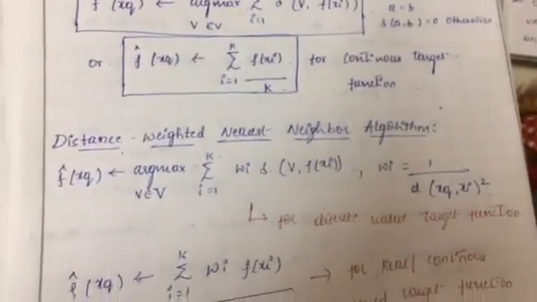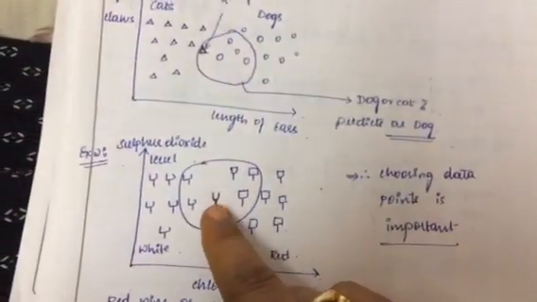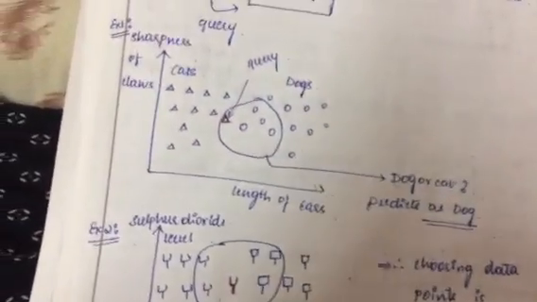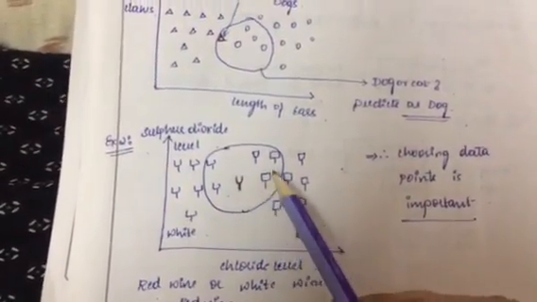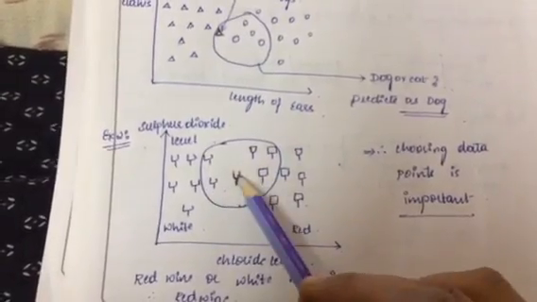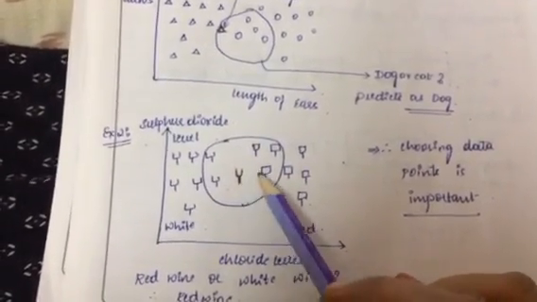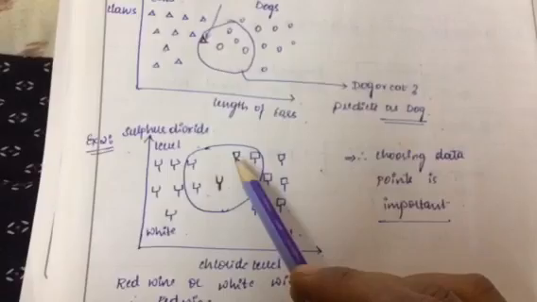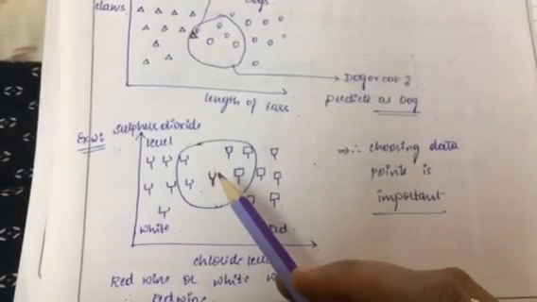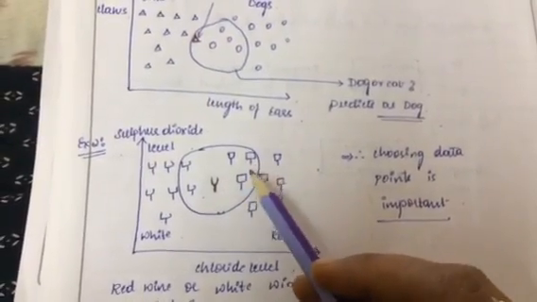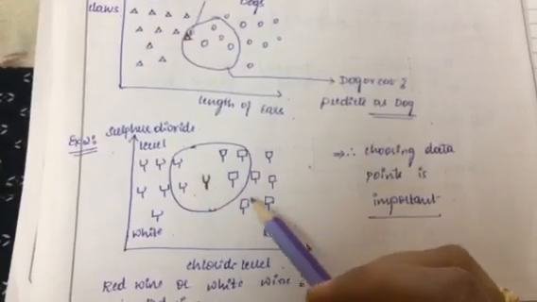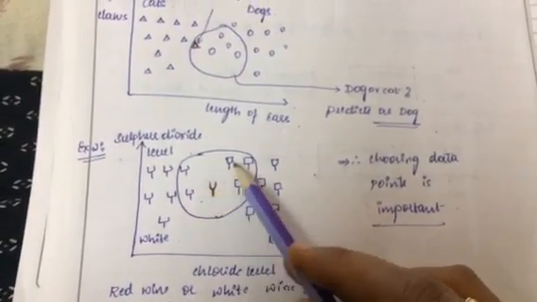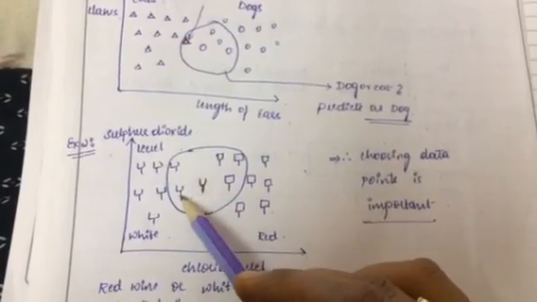If I show an example, suppose this is my query point and all these are my neighboring points. I am going to consider the nearest neighbors. How do we consider the nearest neighbors? By calculating the Euclidean distance. Whichever distance is smaller, that data point is going to be considered, as we have already seen in the problem. So this is the query point, and depending upon the distance we consider the nearest neighbors, that is the k value.